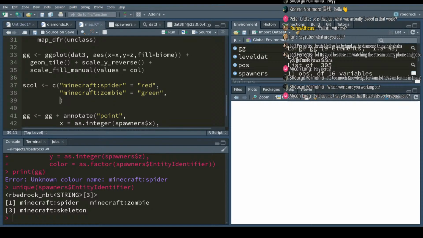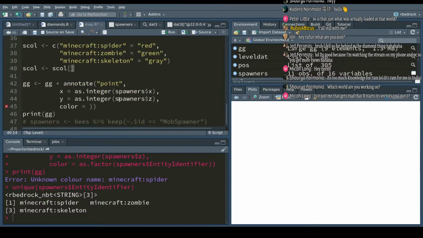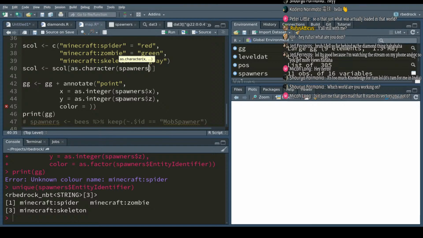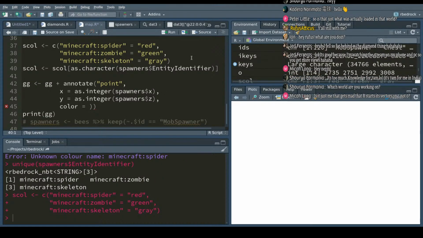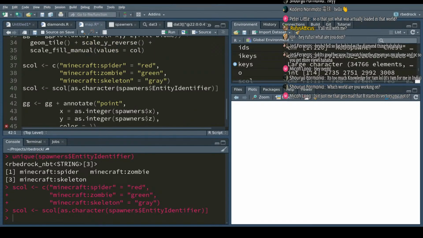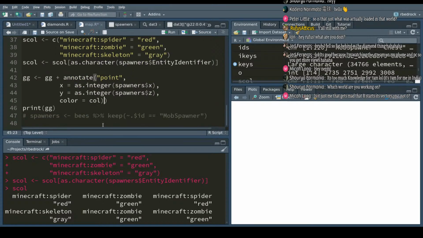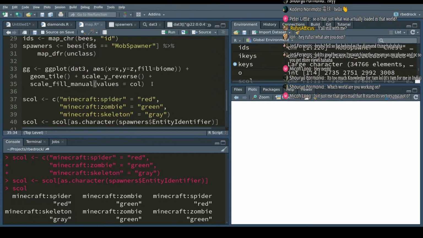And then Minecraft is equal to gray. Let's see how this looks. And then we're gonna do scall, spawner, scolor, not scolor, as character, spawner, entity identifiers. All right, so we're creating a named vector, and then what it's gonna do here is match the names, and so if we look at scall now, we get colors that correspond to our spawner types. And so if I've done everything correctly,